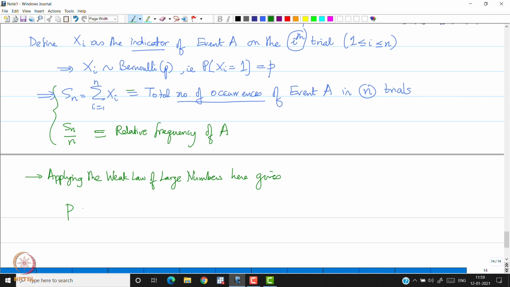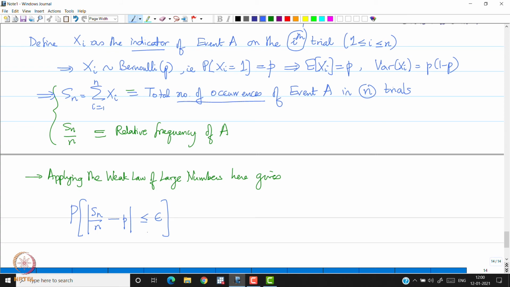It says the probability, let me change the color here. The probability that Sn by n, let me say this, what is the expected value of Xi? It is basically equal to small p and the variance of Xi is basically p into 1 minus p. This we know from the Bernoulli PMF. So the probability of Sn by n minus small p